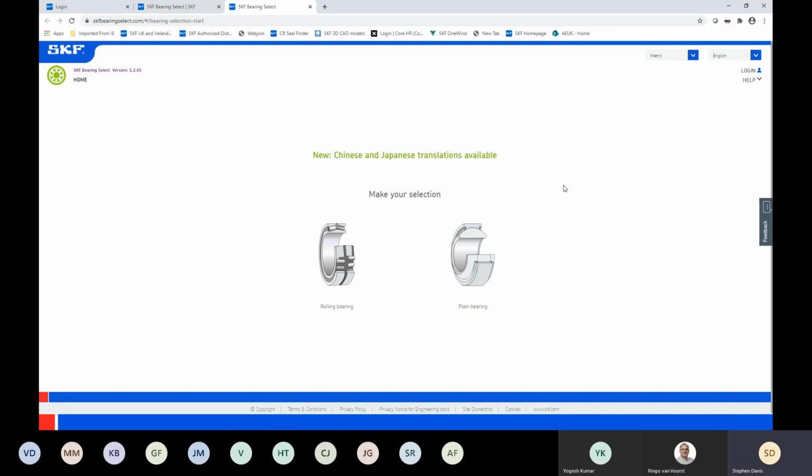Also, just to point out in terms of languages, we've currently got English, German, Chinese and Japanese, but I believe that Italian and Spanish will be joining in the next few weeks. If we go into rolling bearings, which is the one I wanted to show you an example on today,